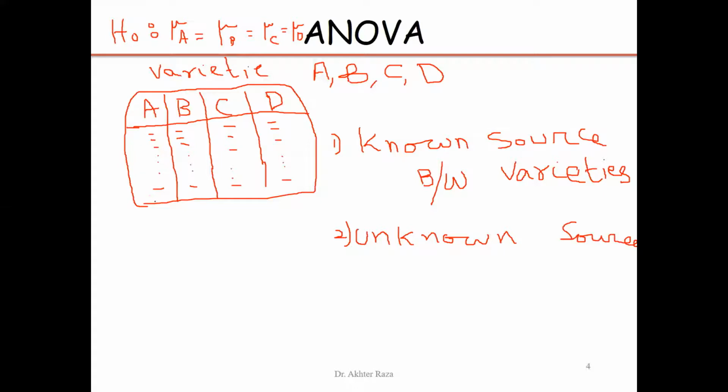Why do we have a variation in these 10 plots? Because all of these 10 plots are planted with variety A. The variety is the same, the water is the same, the fertilizer is the same, the fertility of the soil, all constraints are the same. Then why are these outputs different? The researcher cannot explain the reason for this variation. That is why it is called unknown variation. Another term used for this is within variety. Instead of using between variety, we use the term within variety. Variation between varieties, and variation within varieties.